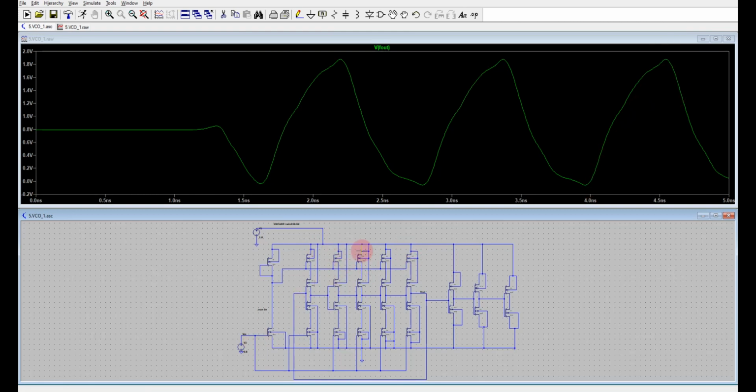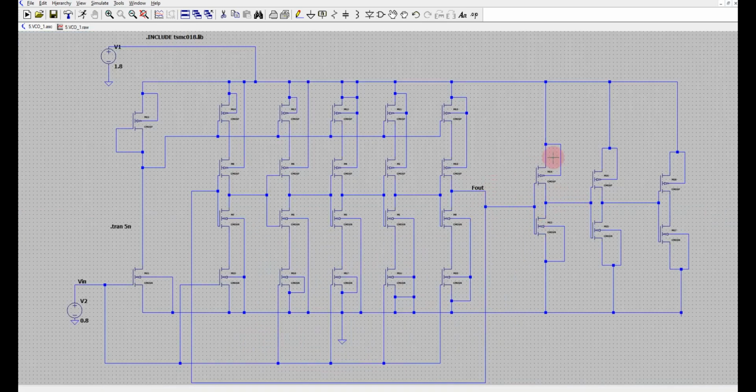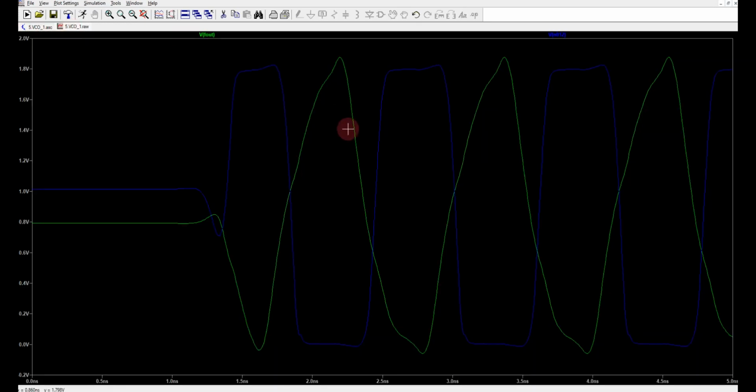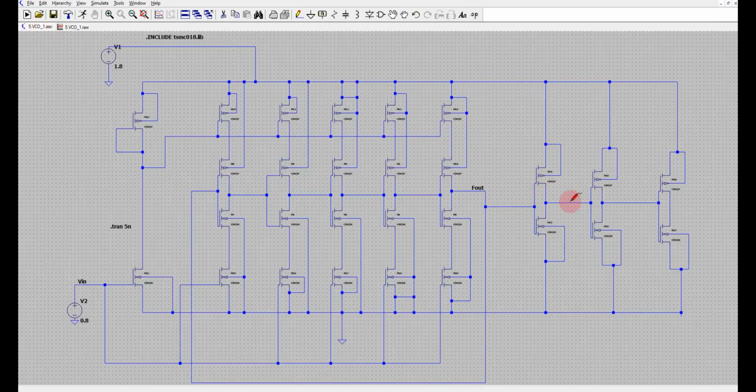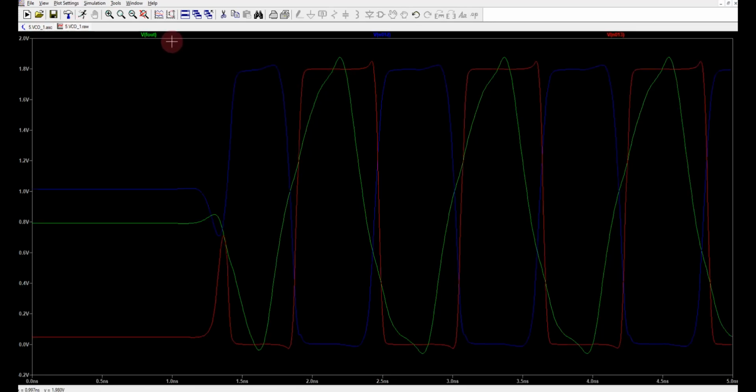So this is how I get a VCO functioning. Obviously, you will find this is not a square wave. In case you require a square wave, I can put one inverter ahead of this to do the wave shaping. If I plot the signal out here, you will find this is still much better. It's looking more or less like a square wave. If you want to further wave shape it, you put one more inverter here. If I plot that, you will find this red one looking more like a square wave.